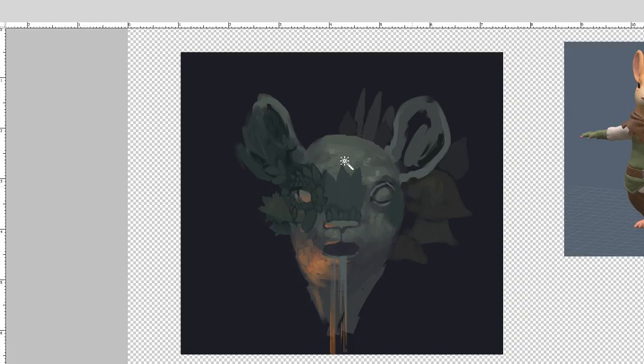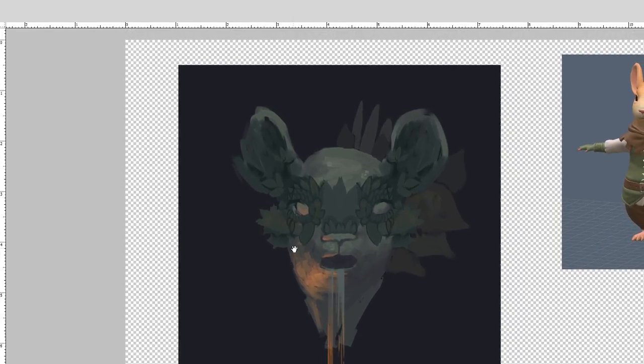I'm just gonna chop some of this off because it's already present in the other layer, this one. So